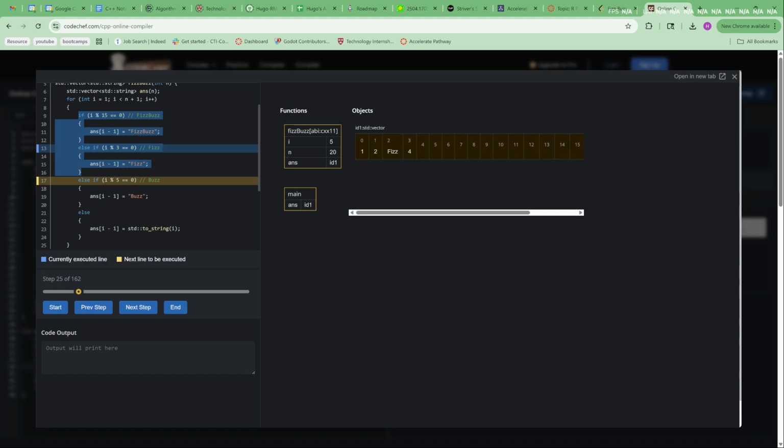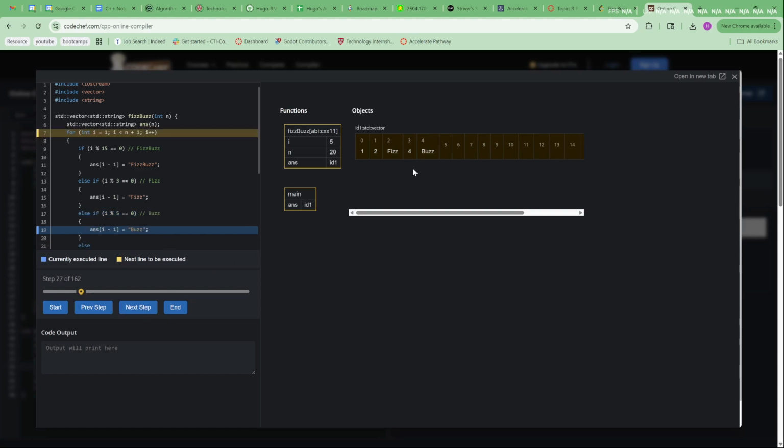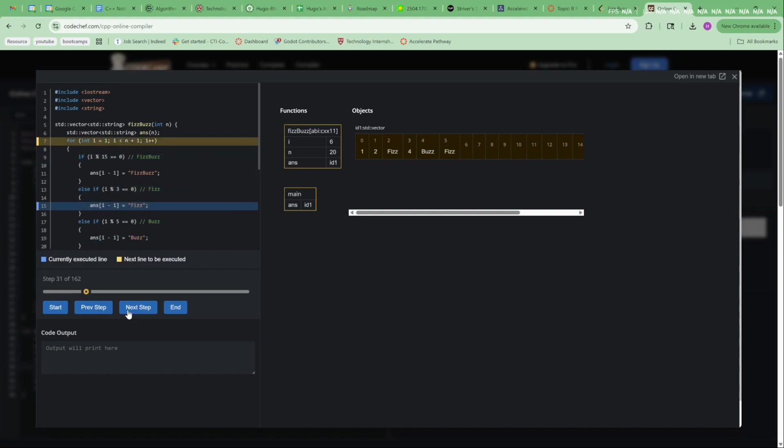So that does not perfectly equal 0, and same thing right here. So we skip that one, we skip the 3, we go here. This will evaluate to true, so then we add buzz into it, like I said earlier, with the offset of 1. So now it's here, and we just keep going through